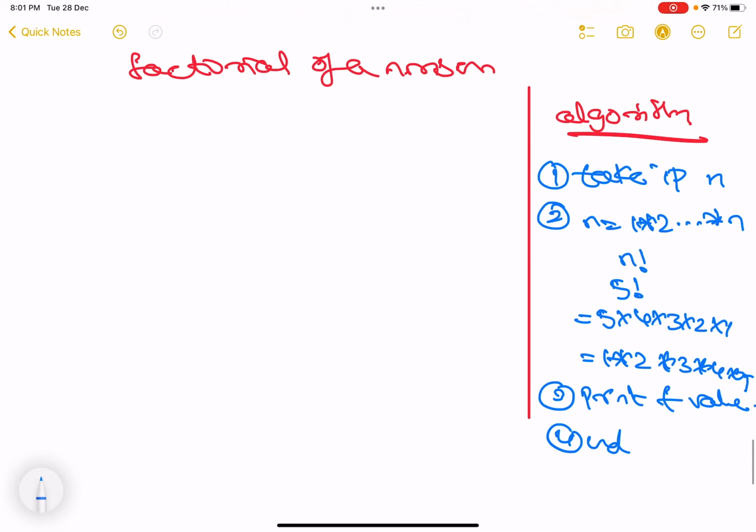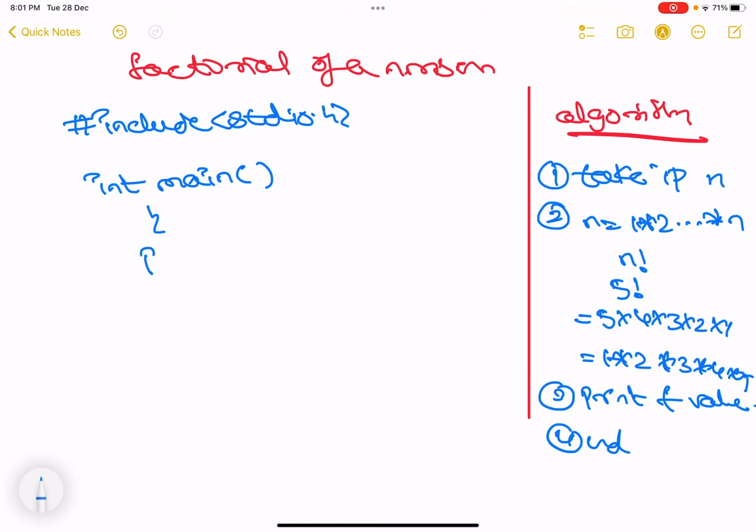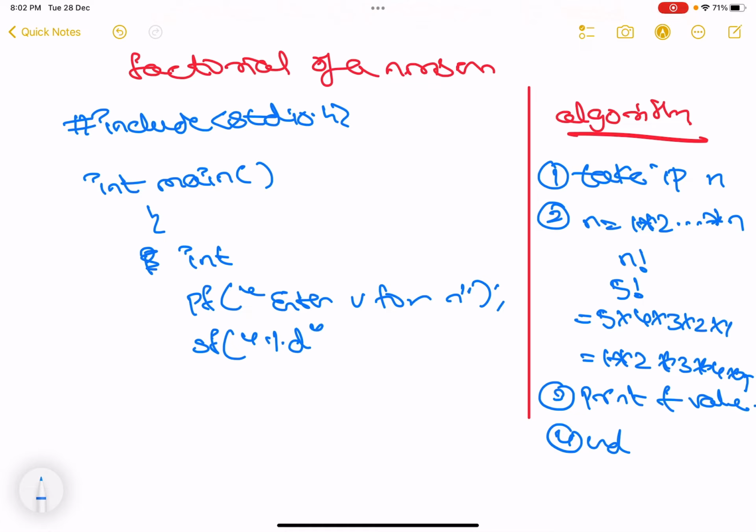So see now, here what I do is, hash include stdio dot h, int main. Yes, int main. Leave this as it is. printf enter value for n. Okay, the user will enter it. scanf %d ampersand n.